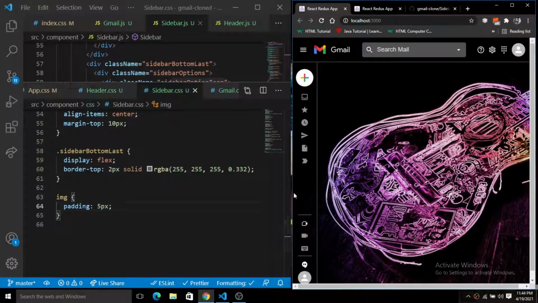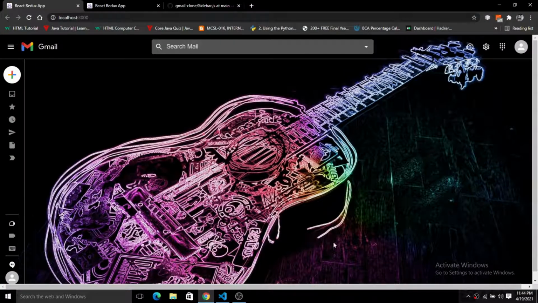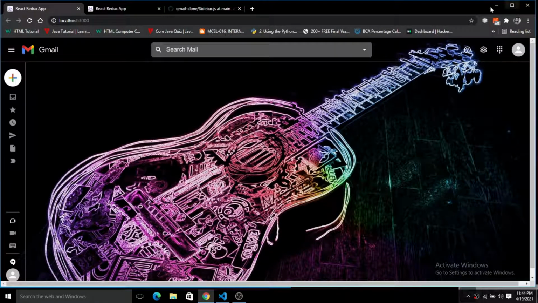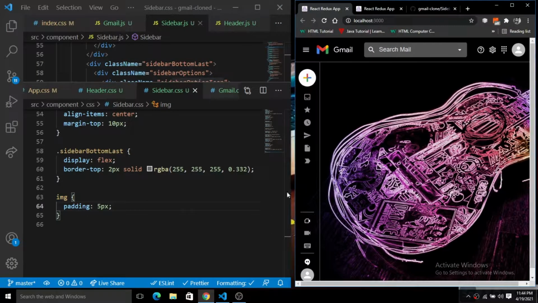Okay, so I'm going to simply show you this. So this is the exact this. But you can see here it is scrollable. We don't want this scrolling feature there. So what I'm going to do, I'm going to simply grab this, save this.